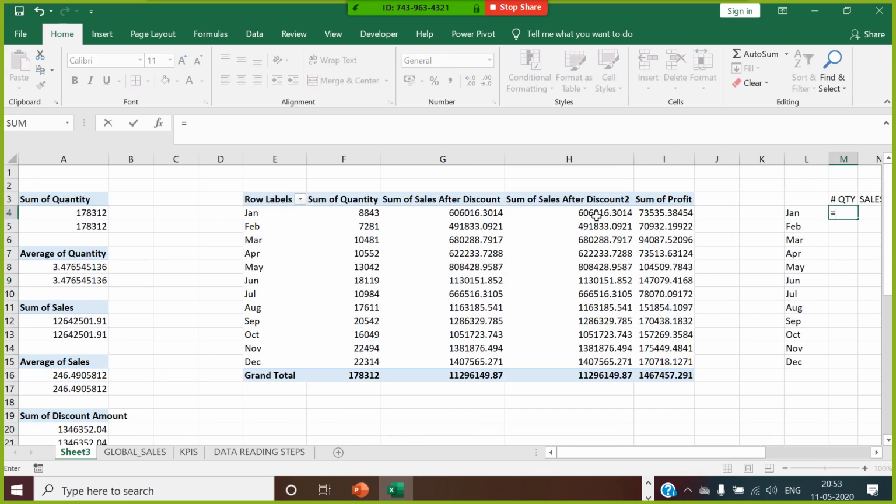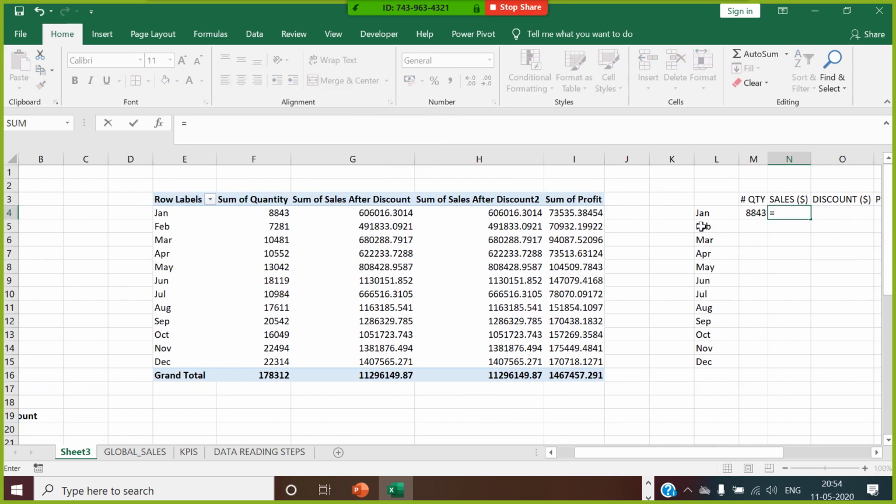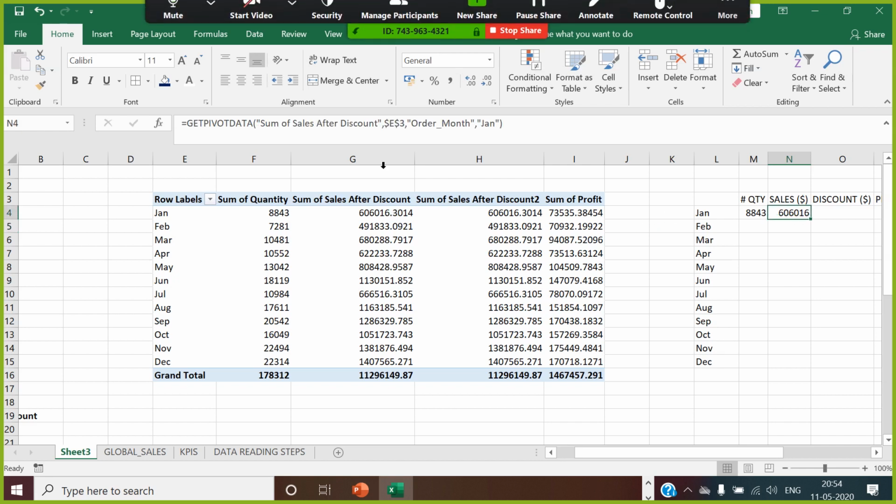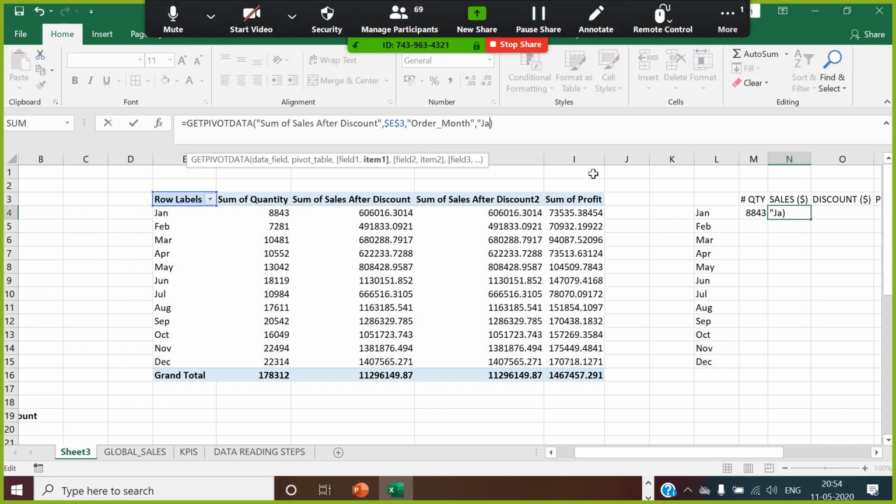Now take the value from this pivot table. Make this pivot table selected here, the month as this, and it is going to be constant here. Same thing over here. Select these sales after discount, how much sales happened. Try to present that by the month.